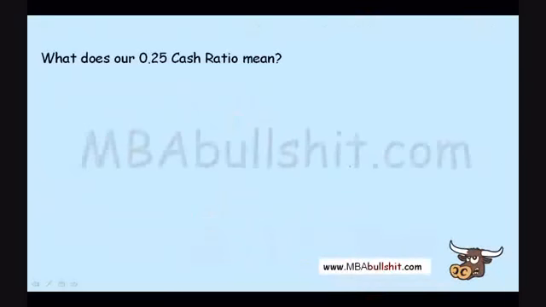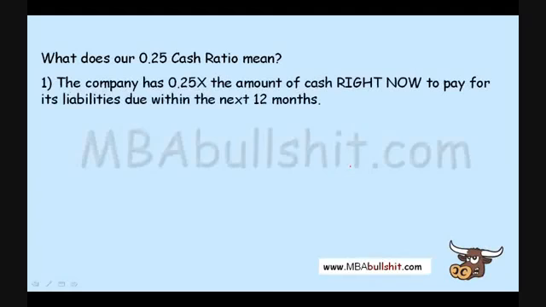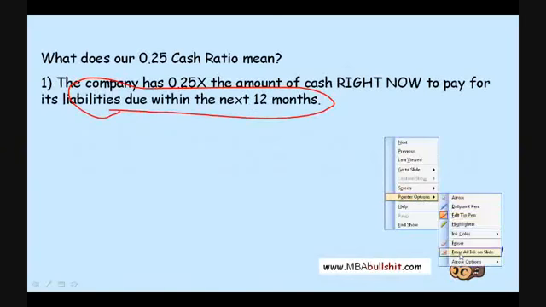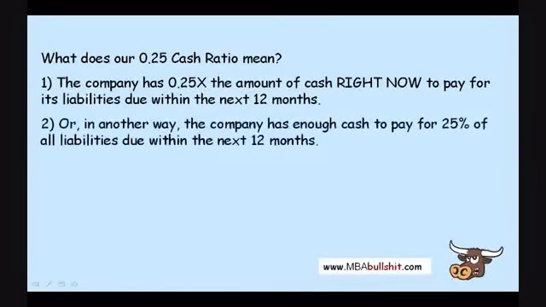So what does this mean? What does our 0.25 cash ratio mean? It means that the company has 25% the amount of cash right now to pay for its liabilities due within the next 12 months. Remember, liabilities due within the next 12 months are called our current liabilities. Or another way, the company has enough cash to pay for 25% of all liabilities due within the next